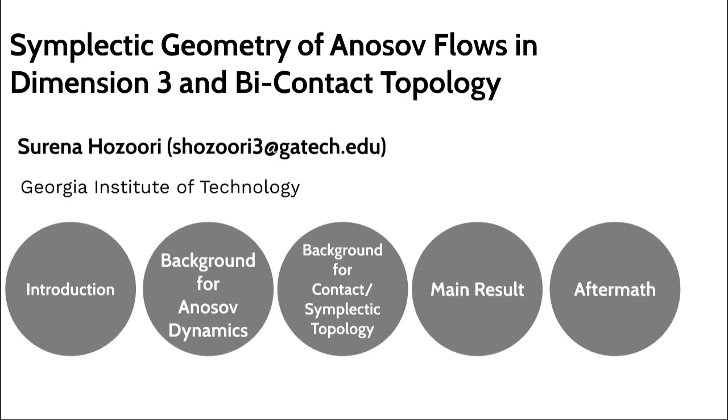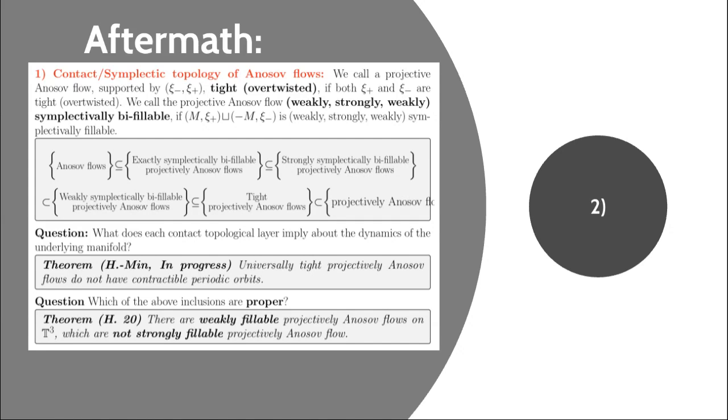A few words about the aftermath of the theorem. I'm going to talk about three different directions that you can go from the main theorem. One of them is to talk about contact and symplectic topology of Anosov flows. It turns out that now you can look at Anosovity as a bunch of contact and symplectic geometric conditions on a projectively Anosov flow. So we can transfer the definitions from symplectic and contact topology to Anosov dynamics and get an equivalent hierarchy of Anosov flows. On the one hand, we have Anosov flows, and on the loose end, we have projectively Anosov flows, and we can define